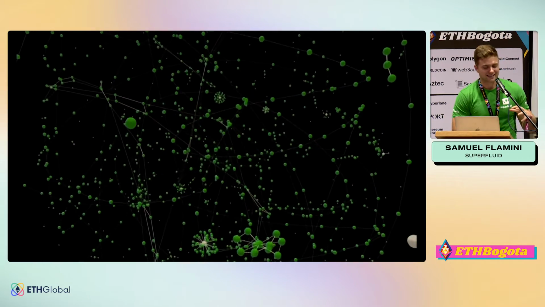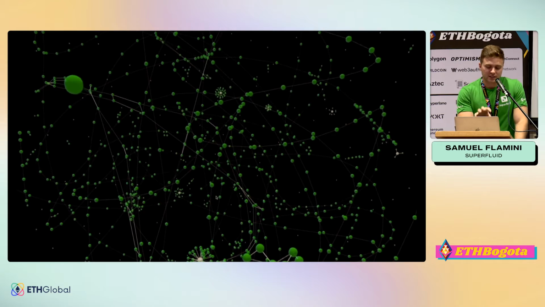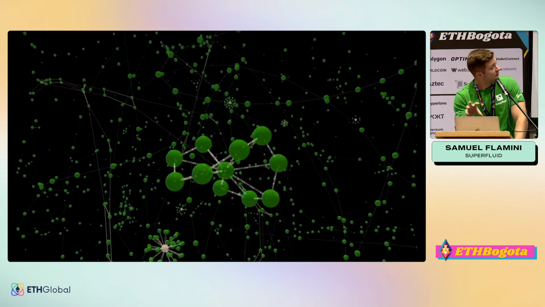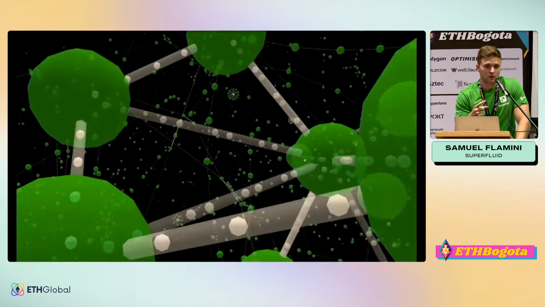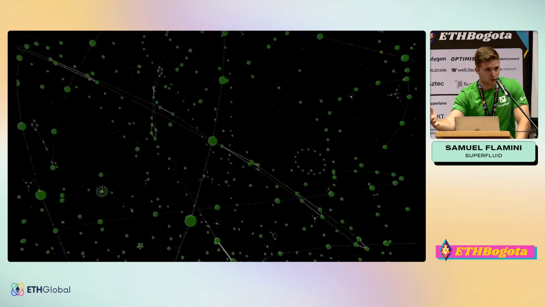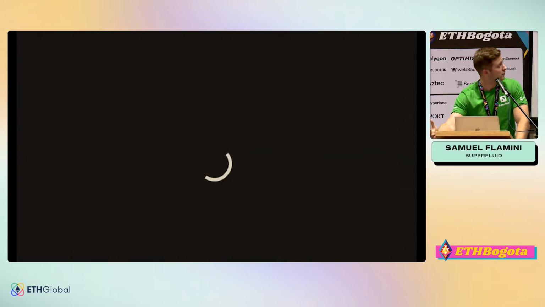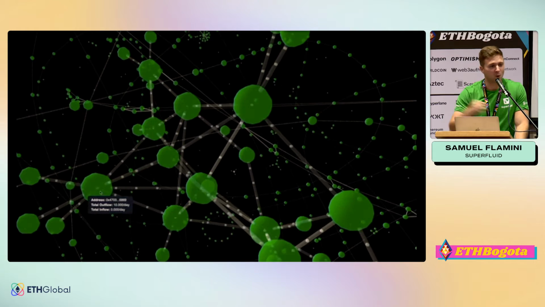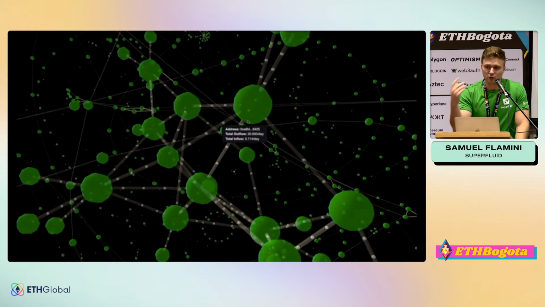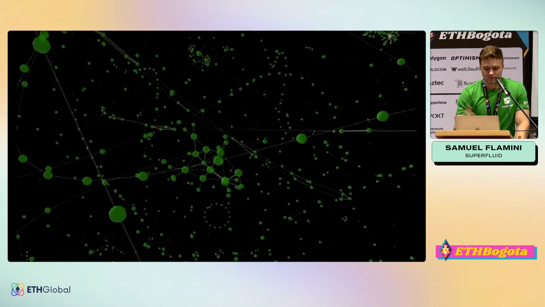You get this really crazy network of cash flows where every single green ball there is an account, whether it's a smart contract or an EOA, and all the connections between them are cash flows, right? So for you here that are considering building applications on Superfluid, you have a gigantic network of cash flows to make use of, right? Point them into new places, build new things for them to do, and we'll try to